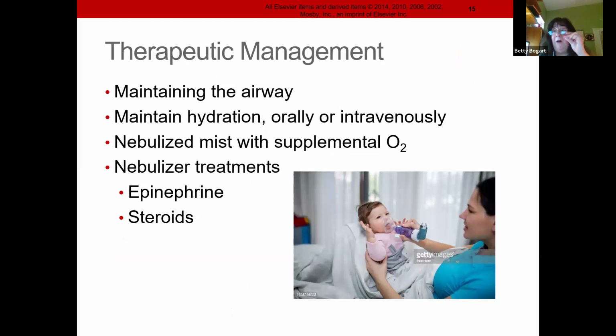It's an itsy bitsy amount, but it aerosolizes and it goes directly back to where it's all swollen and it will open it up. Do you know in all my career, I've never had to intubate a child because of this, or a trach, and I've seen a few. So this helps. Also, we're going to give moistened oxygen. Usually it's a face mask that even a parent could just hold there, where it's getting that moisture and oxygen at that child. And of course, steroids.